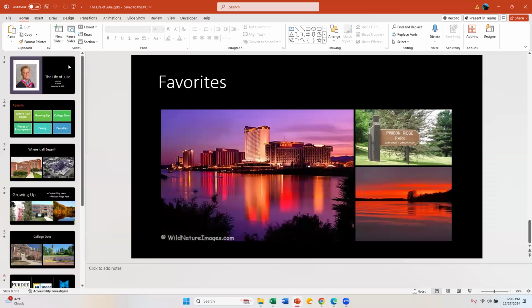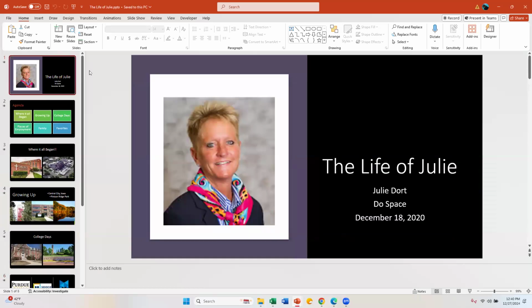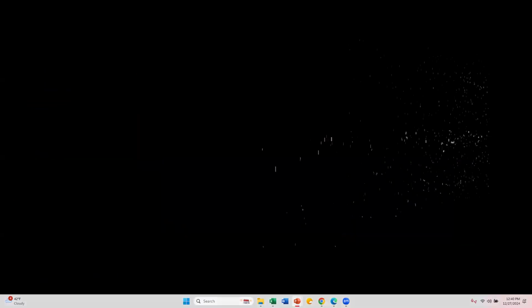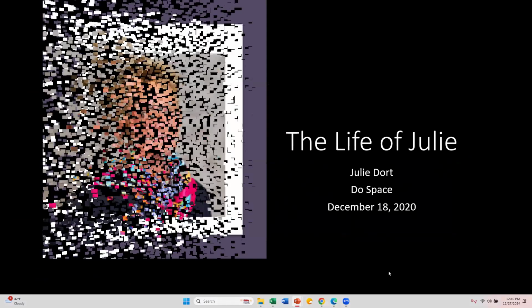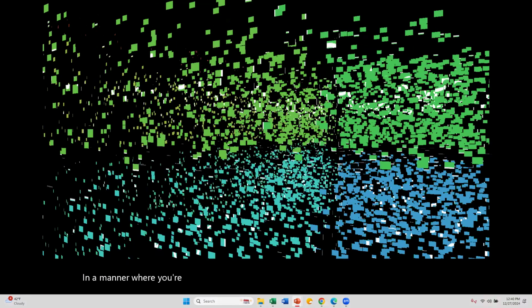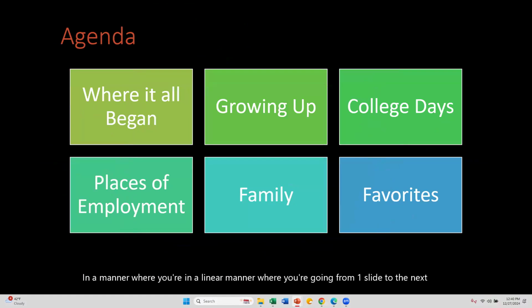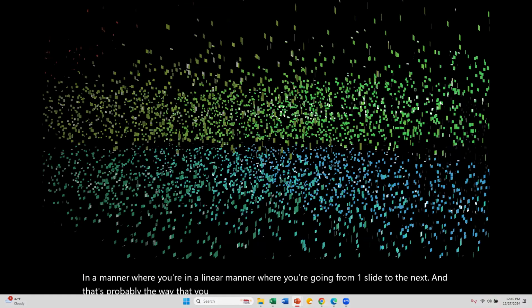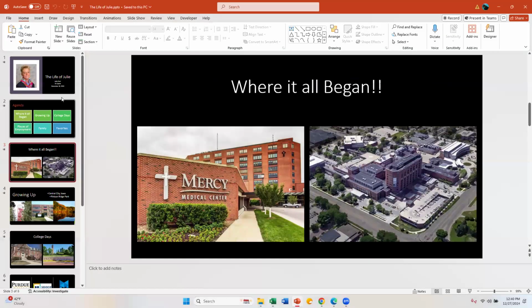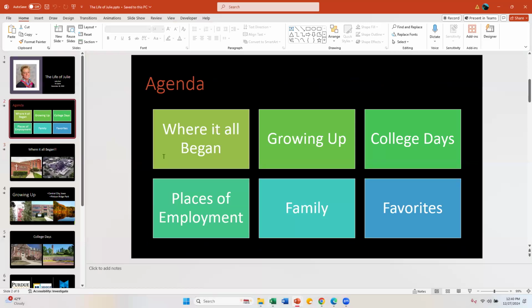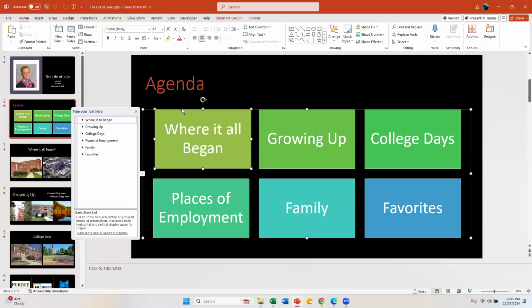So the point of this is, in PowerPoint, you can choose to show PowerPoint in a linear manner where you're going from one slide to the next. And that's probably the way that you typically have utilized PowerPoint or have seen PowerPoint utilized. However, you also have the ability to